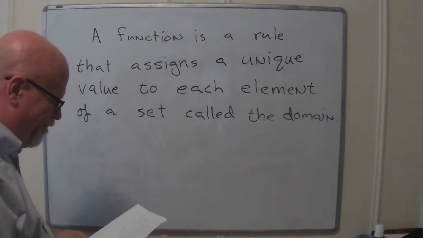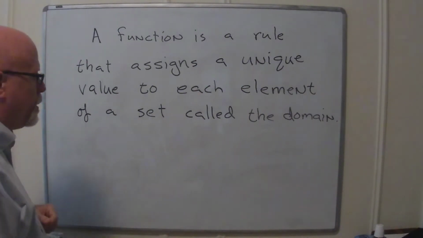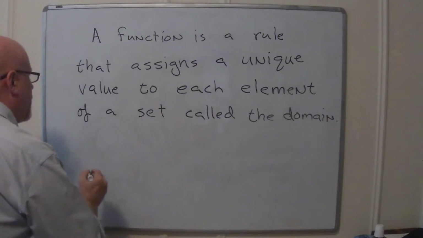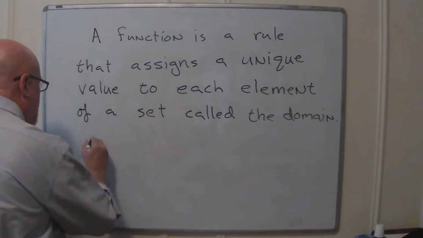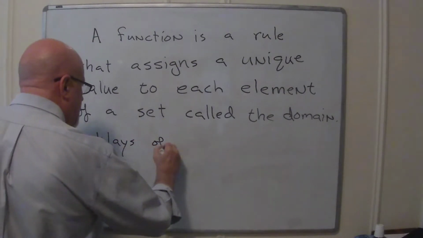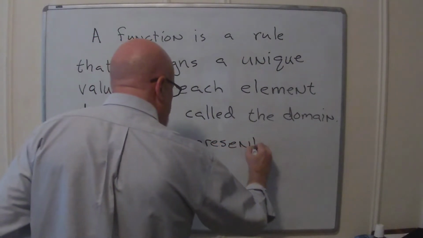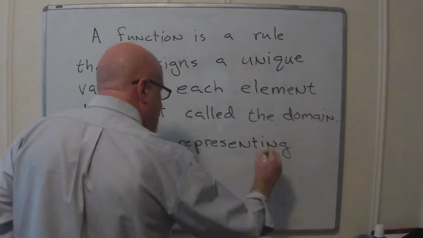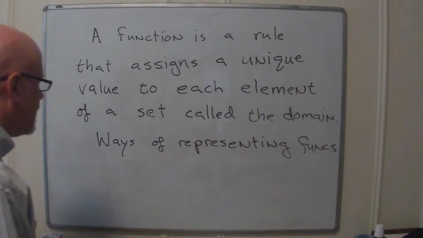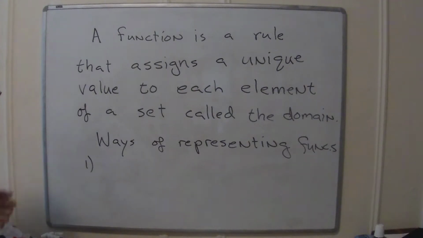There's a good bit to be derived from thinking about functions from multiple perspectives. So the multiple perspectives I'm going to talk about, I think I'll list them first and then we'll go into them. They're different ways of representing functions, abbreviated funcs. So the first and most straightforward way is if you have a formula.